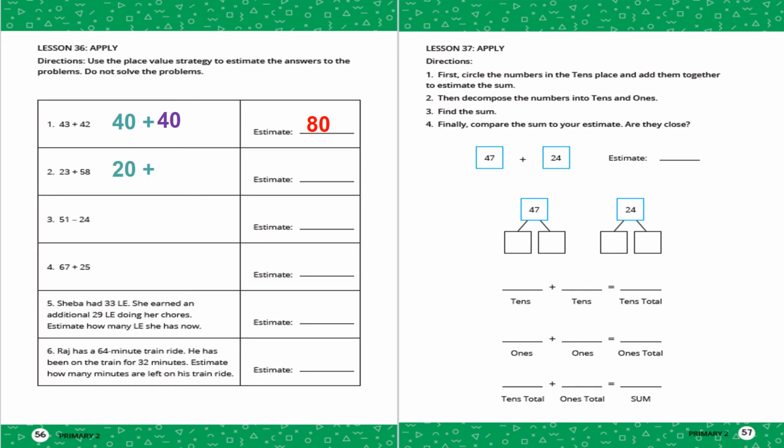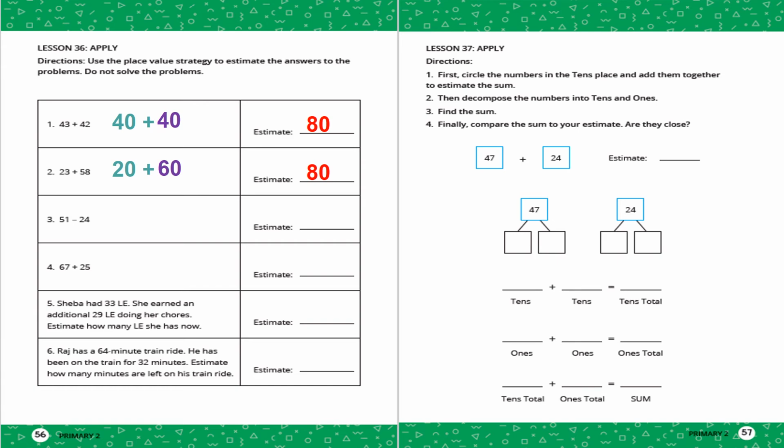58. 58 between what and what? Between 50 and 60. Ones is 8, 8 more than 5. So you will go to next door. So 58, it will be 60. 20 plus 60 equals 80. Number 3,